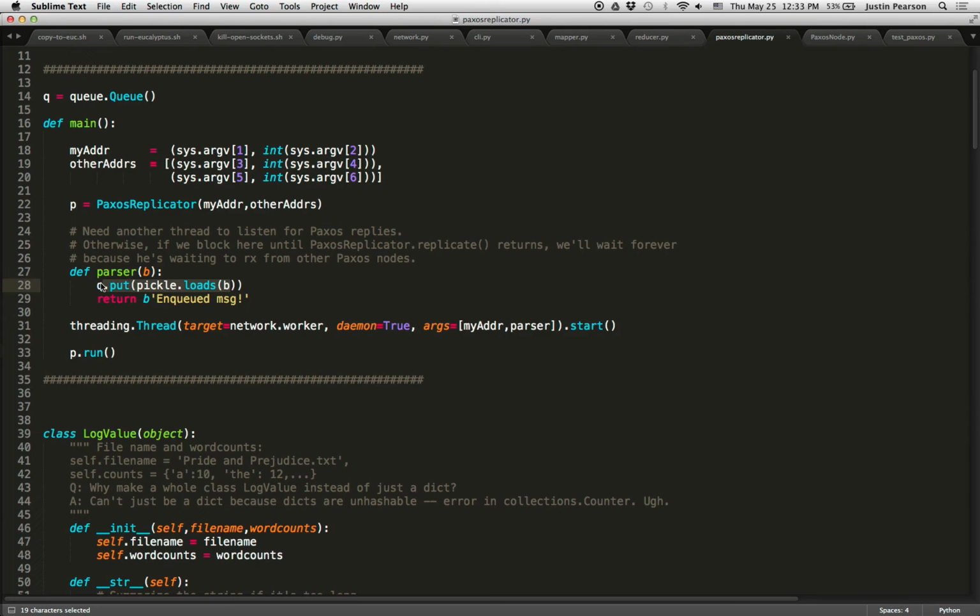So hopefully these will be dictionaries when unpickled and they're put into the queue. And I know you're not supposed to unpickle things from untrusted sources, but so far this is like a class project, so that's like to do. Okay, and then in a separate thread, we'll spin off this network worker, and he'll listen